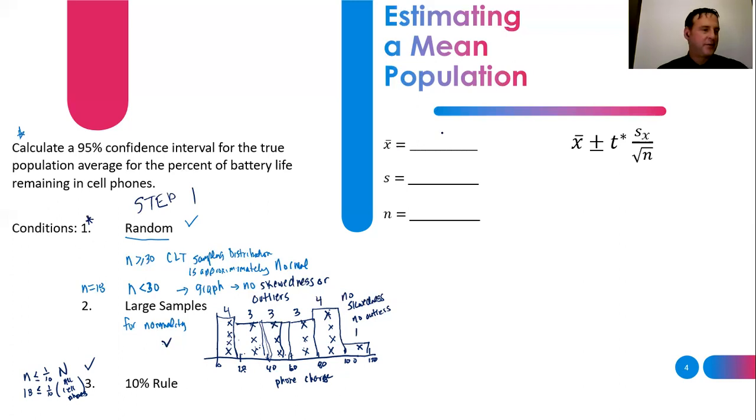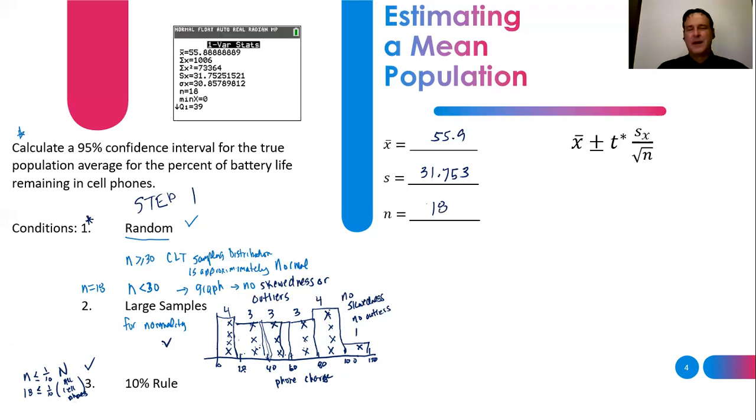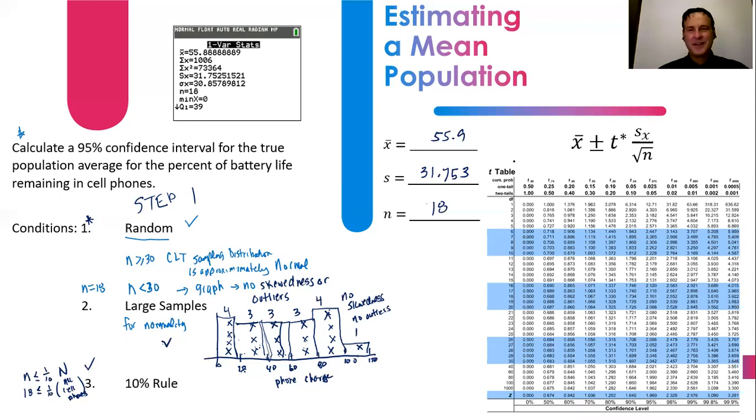Your X bar we shared from the previous slide is 55.9. My S of X is 31.753. And our N is 18. Okay, so what does that mean? Oh, we already had that, sorry. What we need is we need our T in order to submit that into here, and then we can create a